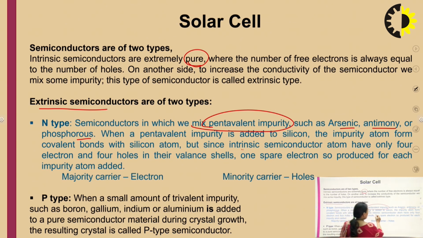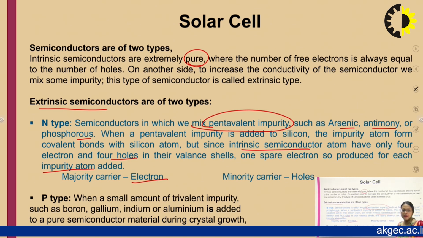But since the intrinsic semiconductor has only 4 electrons in its valence shell, 1 extra electron is produced for each impurity atom. Okay? So in case of N type extrinsic semiconductor, the majority charge carriers are the electrons